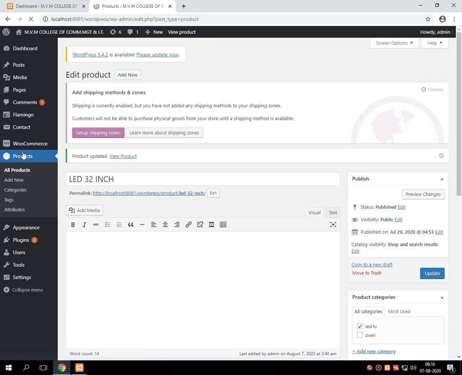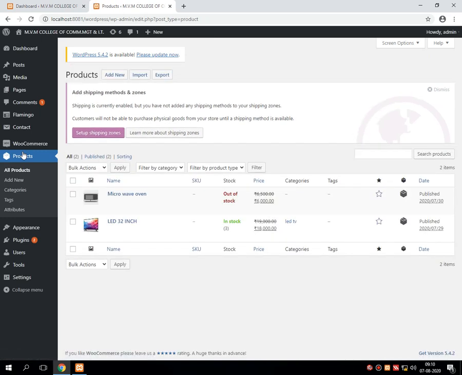Once the product gets updated, here you can see the name of category, that is LED TV.